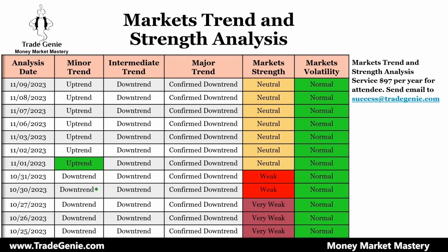So the 30th of October, just think about this. This analysis is based on the reading of the dinosaurs. I call them dinosaurs. They can run, but they cannot hide their footprints. So I'm detecting their footprints, and the footprints are telling me that they are coming in. The market strength is still showing weak. It was very weak, and it turned into weak, but it's still weak, and the volatility was normal. This was just a warning sign that something is happening, as the strength turned from very weak to weak.